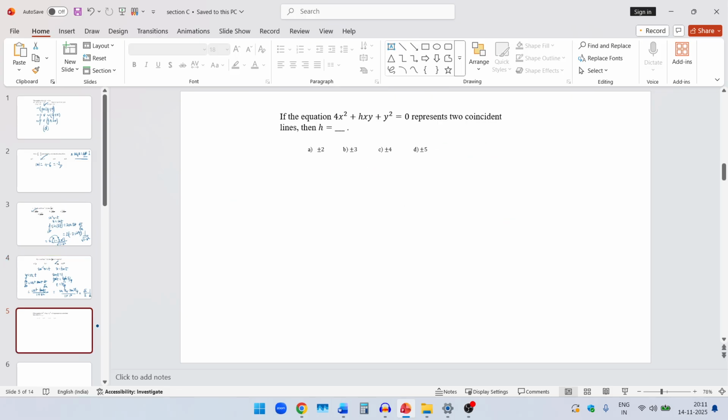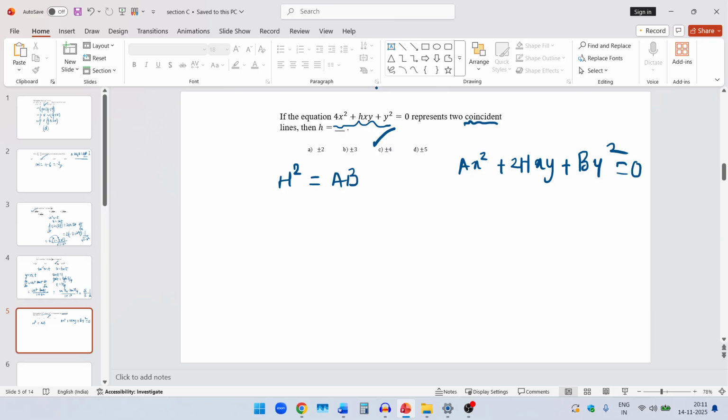Next, the answer to this question should be plus minus 4, which is C. This is the answer. Why? You should remember that for coincident lines, the condition is h square should be equal to ab. Now if you compare this equation with our basic equation, that is ax square plus 2hxy plus by square is equal to 0, you will get a is equal to 4,